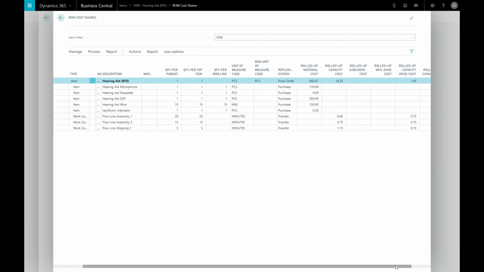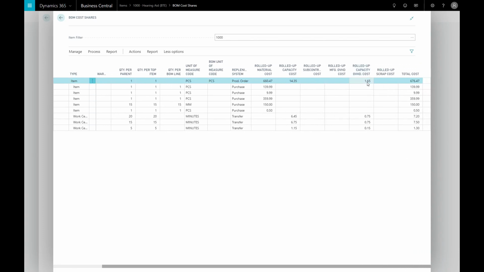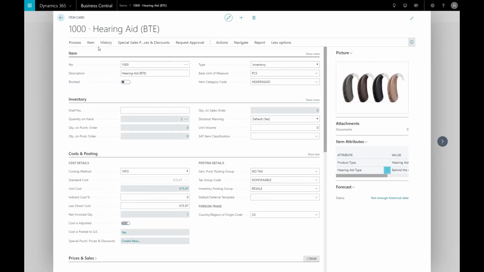And finally, on the far right here, we also have overhead cost that can be driven based off of work center overhead that you may have for heating or different bills that you may want to spread across a work center, so you have more accurate costing for a given product when going through the production process. On the far right here, we can see the total cost related to it. So for this given item, it is $676.47 as the standard, and any deviation with that, if it's set up as a standard cost item, would then post to those different variance accounts within the system. Even if you don't use standard cost,